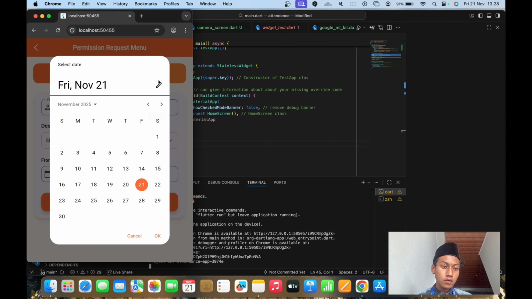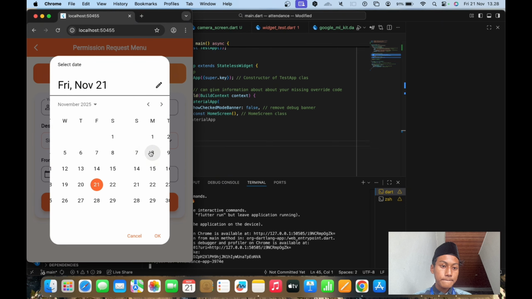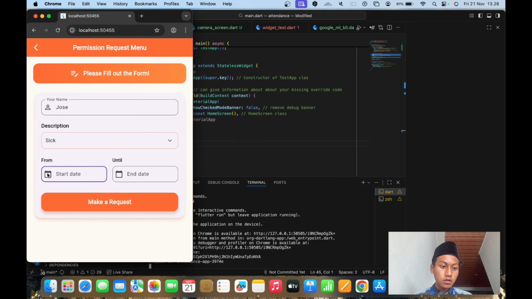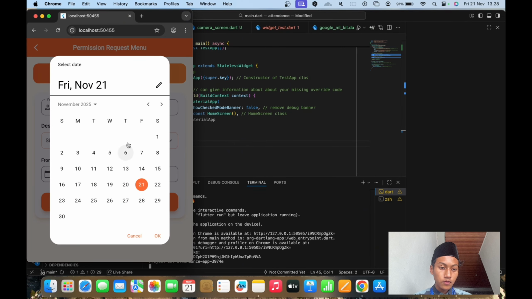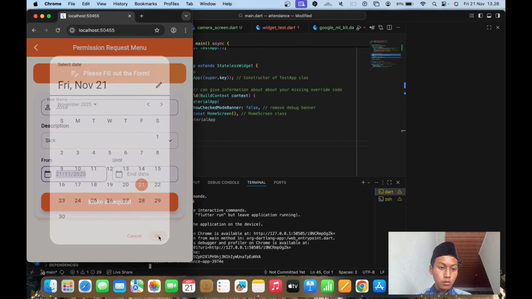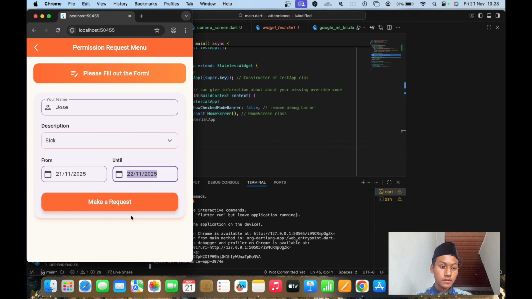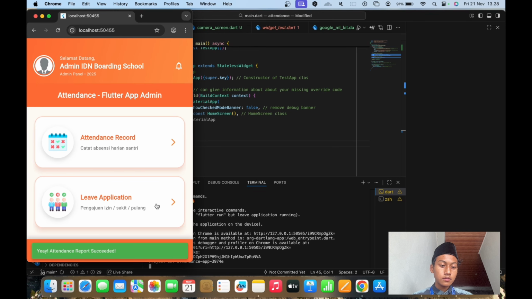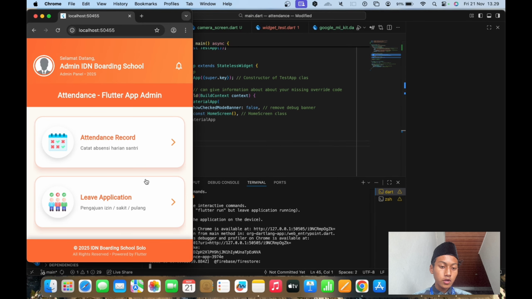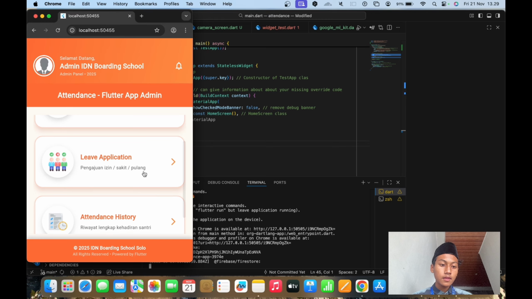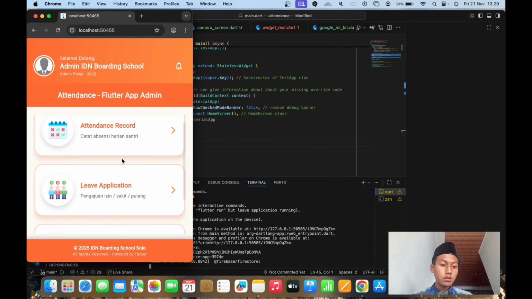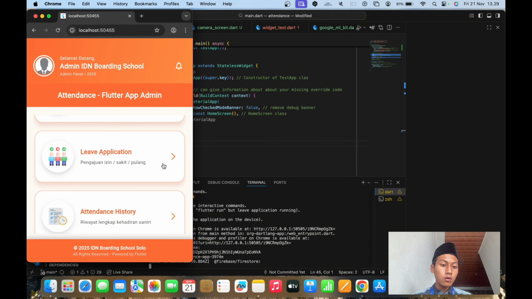And then you can use the date for permission, start date from now, and then until tomorrow. And then you can make a request. Yes, there is a notification that you have saved it. And then maybe you want to go back to home.